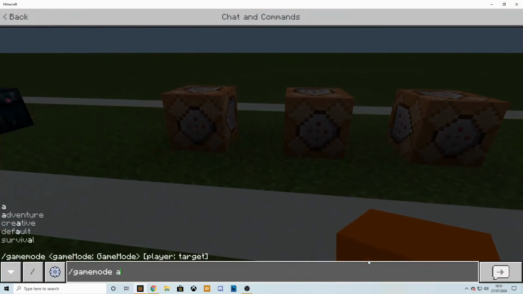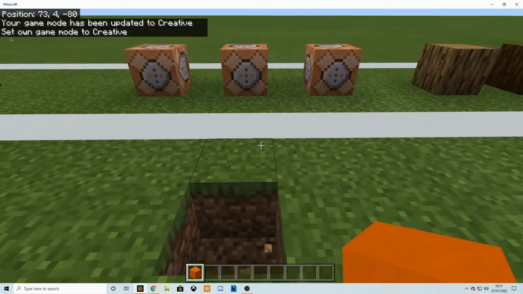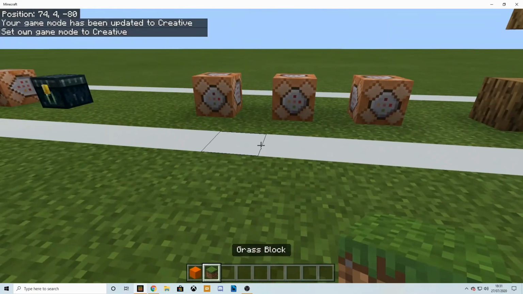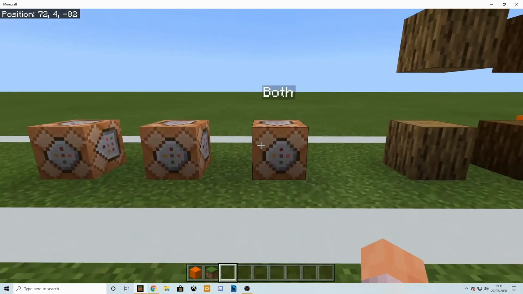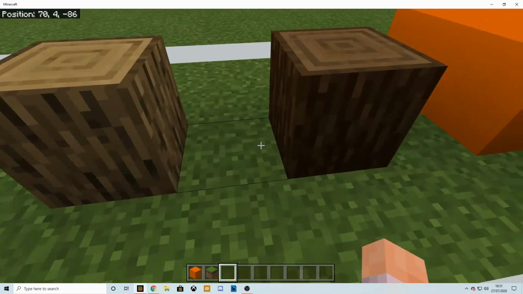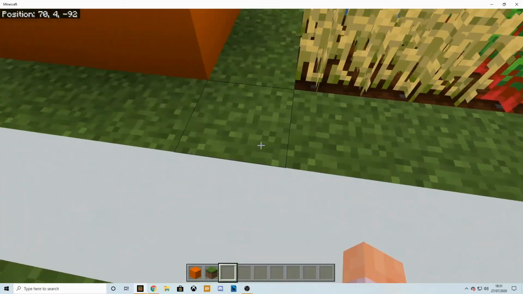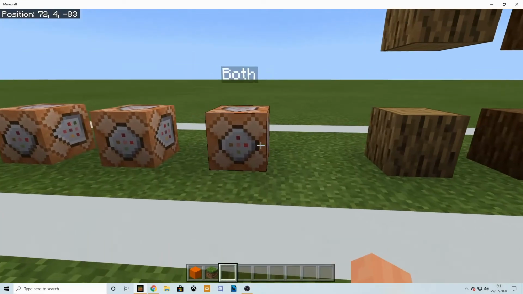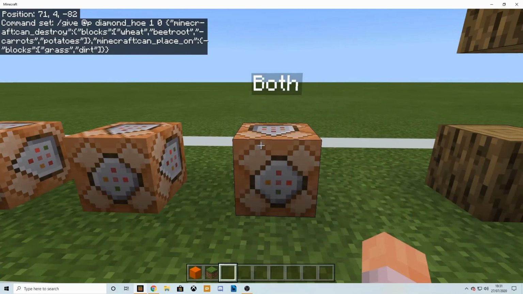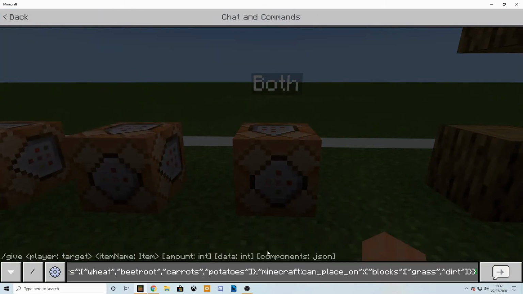Now the way to look at it really is the can destroy is your left click and can place on is your right click. So that can be used for certain things like tools, because you can strip wood with an axe, you can hoe, you can till grass. So what I do in my server, because I want people to be able to farm, is to create your own business, is you can link them together,